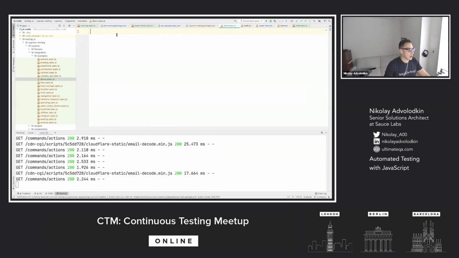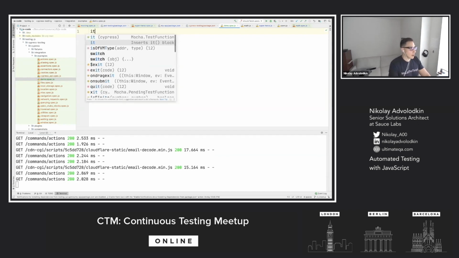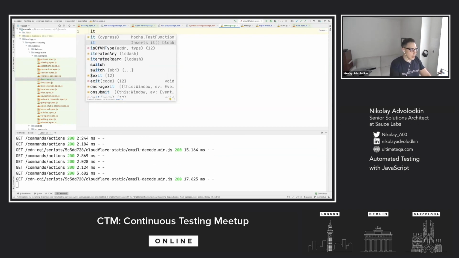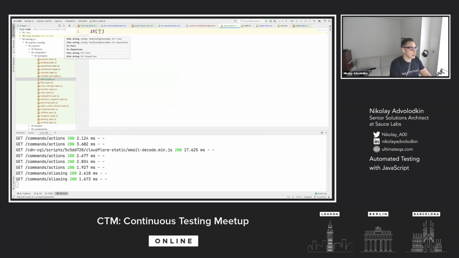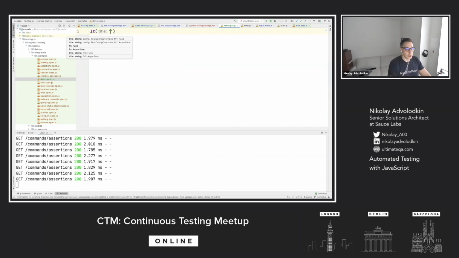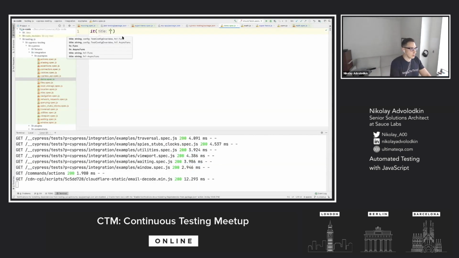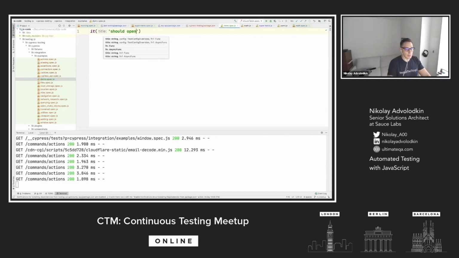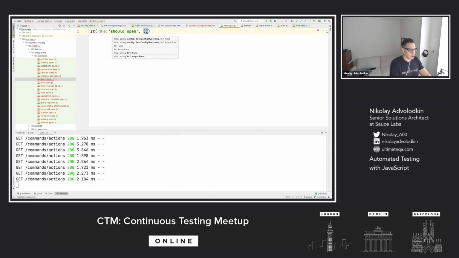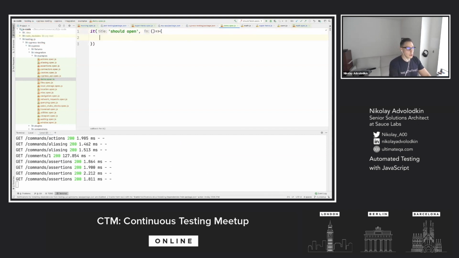So Cypress follows a very easy format, just using it blocks again, so we can start our first test. Why don't we start at the very simplest one and make sure that our application can actually open? So let's just grab this URL and then say it should open, right? And then the standard takes an anonymous function. And then you just use the site